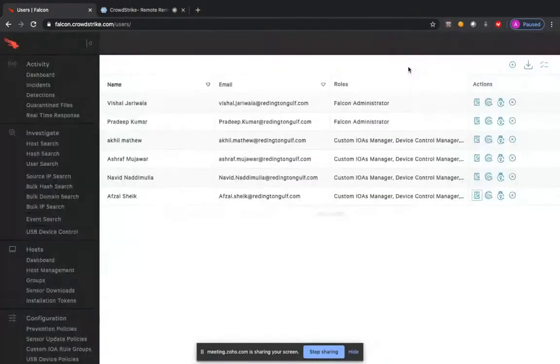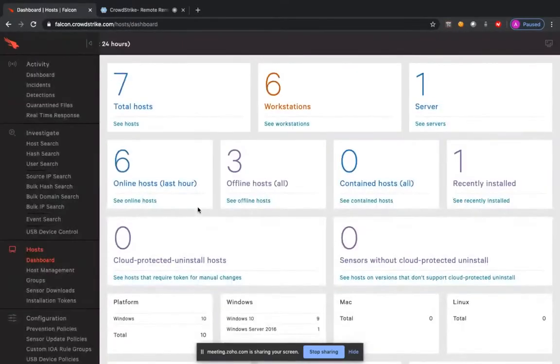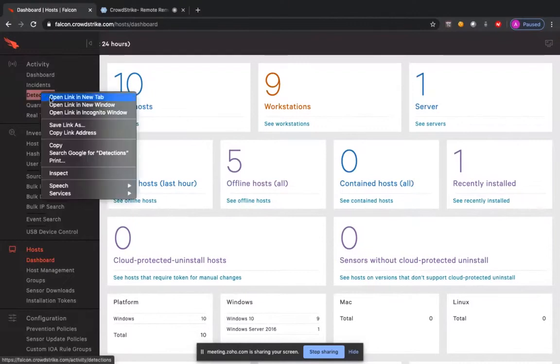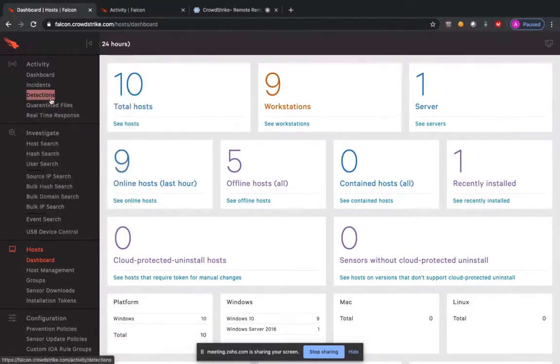Right? So, first we define the roles, right? If you would want it to be a read-only analyst, responder, or administrator. Once you are done defining it, you go to the hosts pane, right? Let's say that the attack has already taken place. So what I would do is go to the detections pane,